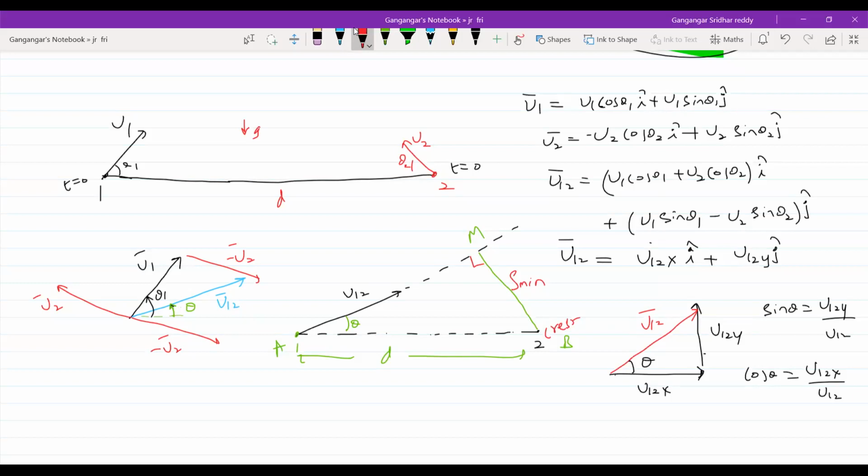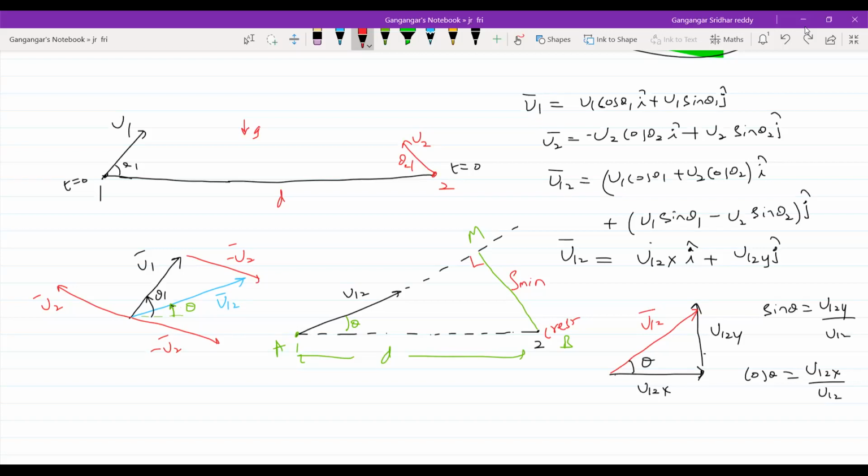Actually, 1 will move here. 2 will move like this, a parabolic path. But when 1 looks at 2, what happens? It feels it is moving along the path u12 bar. I just gave one straight line. Sir, how can you say straight line? 1 with respect to ground will move in a parabolic path, 2 with respect to ground, parabolic path. But when 1 looks at 2, in what direction will it move? You'll move along AM. I'll give one more best diagram in the end. First, we'll end up with the answers here.